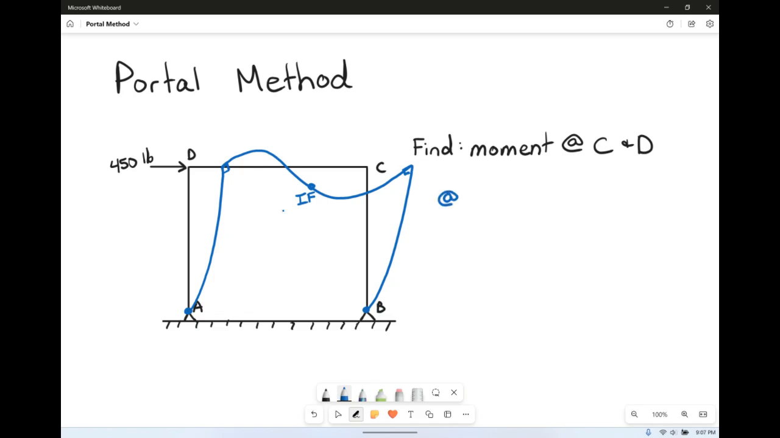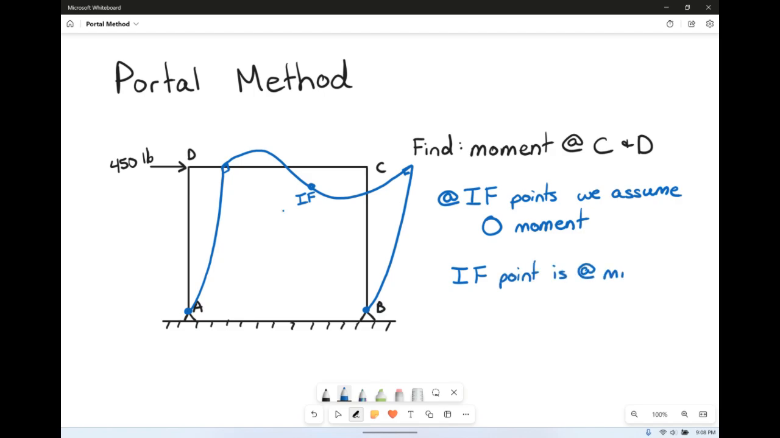So at inflection points, we assume zero moment. That's one of our big assumptions that we're going to make for the portal method. For a fixed end, the inflection point is at the middle. So it's at the mid height